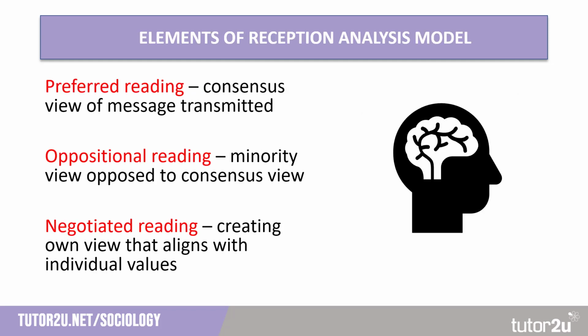The three different ways in which individuals interpreted the media in Morley's research were the preferred reading, the oppositional reading and negotiated reading. The majority of those in Morley's experiment displayed agreement with the preferred reading. That is, they conformed to the majority of those interpreting the message and formed a consensus view of the messages that were being presented. A minority expressed what Morley termed oppositional reading, a conflicting view with the majority, one that was openly critical of the message that was being interpreted by the majority of the audience.